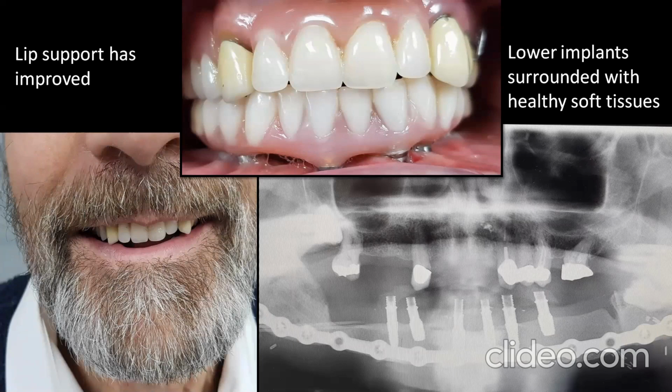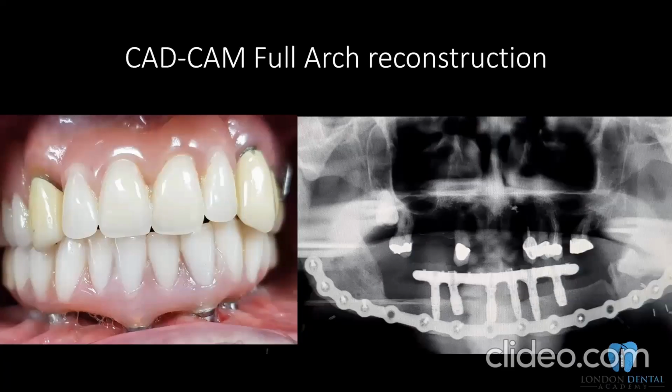The soft tissue is completely retracted, and has shrunk to the position where I want it to be, not covering my fixture head or my abutment heads, and cleaning is possible under this denture, as you can see. And this is the post-op